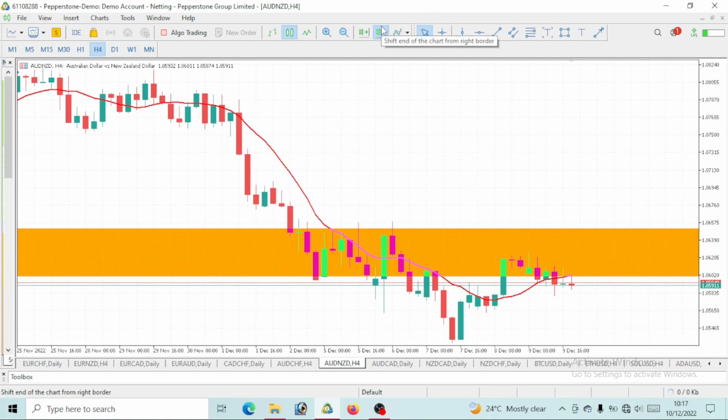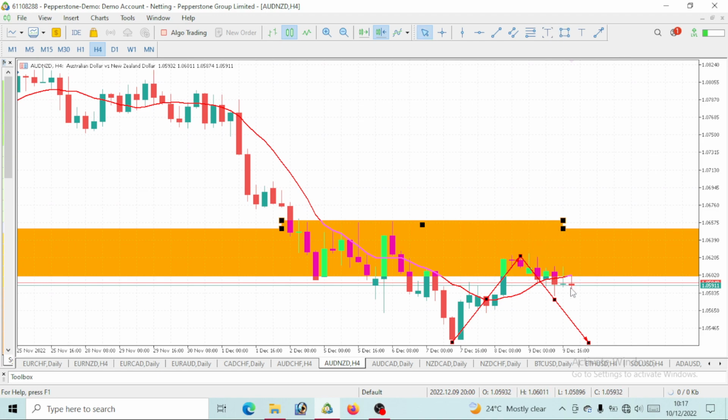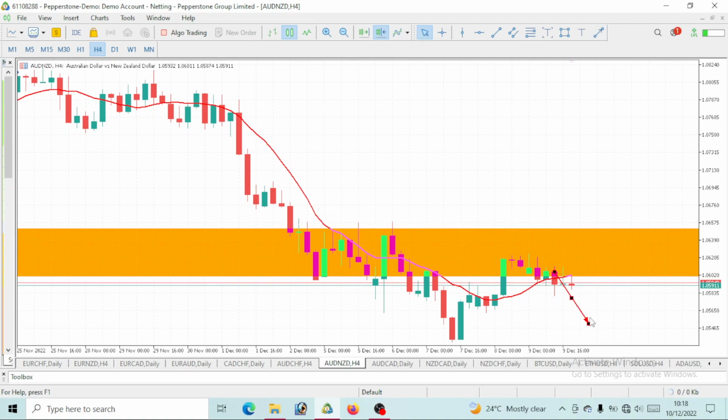Now let's see what this 4-hour time frame says. So you can clearly see this price has given us a pullback, right? So we would be expecting a continuous bearish move on AUD New Zealand dollar. Notice that this price can actually come to take out this high. So if in case price comes like this and gives us a bullish move to take out this high, then definitely watch out for a drop on this AUD New Zealand dollar, because this price itself this week would go bearish. But as of now, price is kind of tricky, but expect a bearish move on AUD New Zealand for this week.